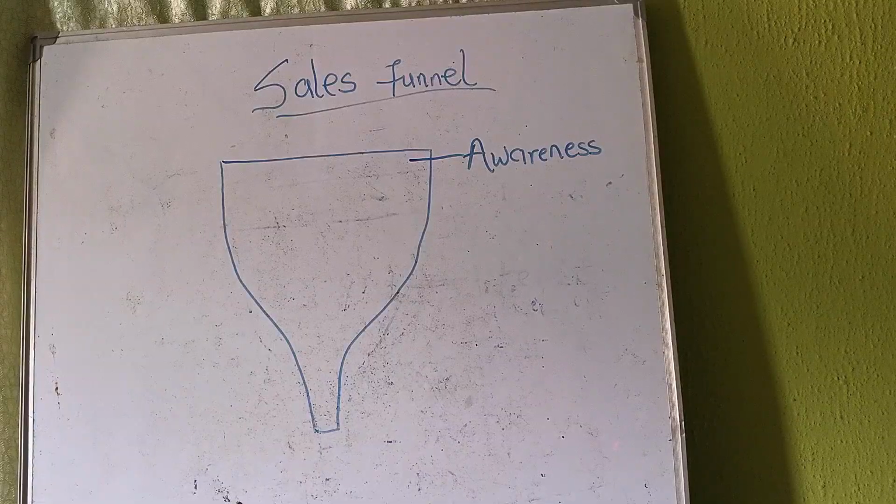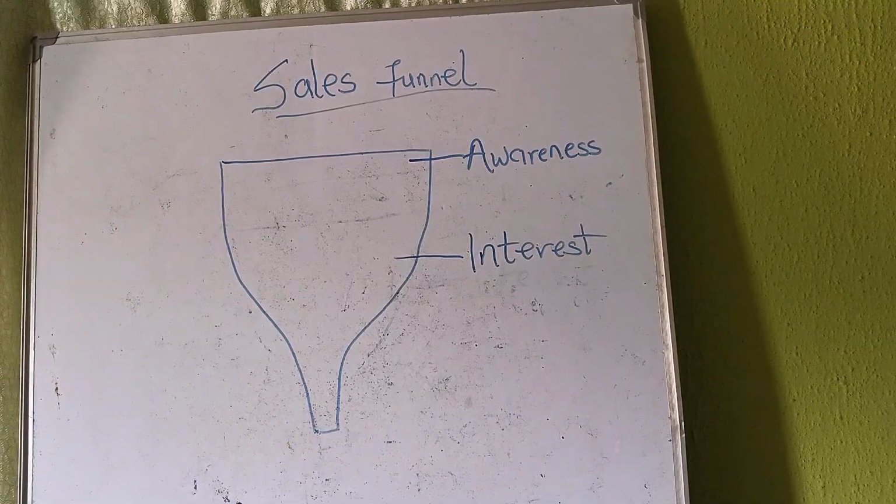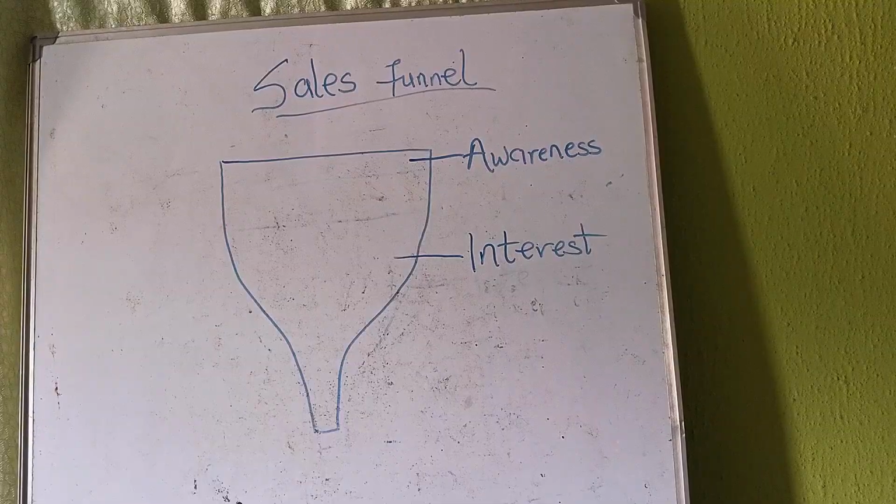Okay? So the next stage now is the interest stage. At this interest stage, from the funnel, you can see that we have stepped down a little. The shape of the funnel is not as wide as it is at the awareness stage. This is where curiosity is activated. Here, people are no longer just seeing you, they are now paying attention to you. So what happens at this stage? They start engaging with your content, they follow your page, they read your caption fully, they save or share your post. Alright? So your goal here is engagement and value.